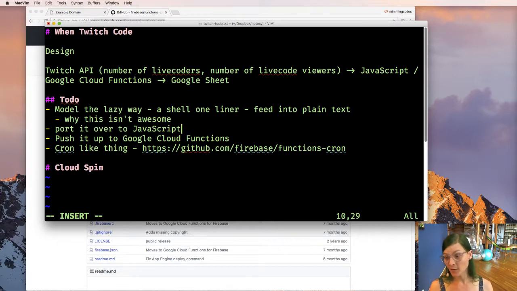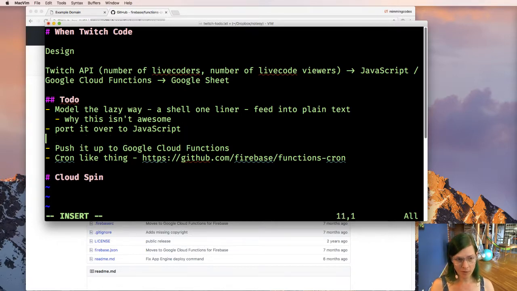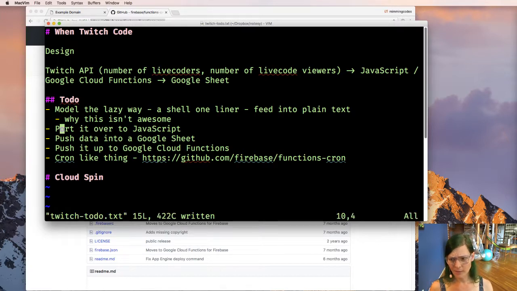So I will wait until I've already ported it over to JavaScript, and that is when I will make it feed into a spreadsheet, which will be more fumbling around because I have never used the spreadsheet API. After like 6 years in developer relations at Google, the spreadsheet API is something I've done very little with.